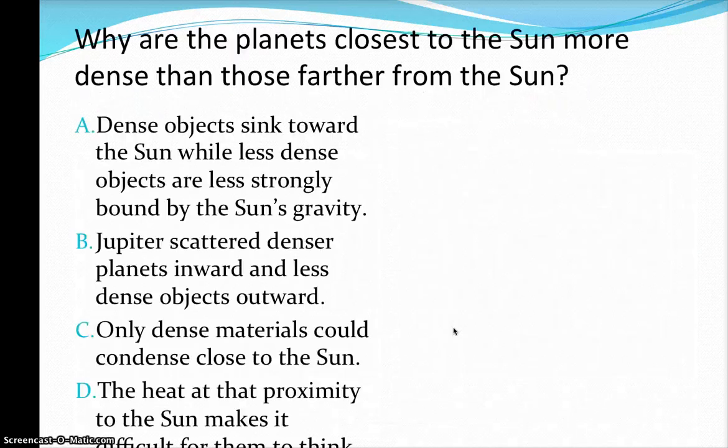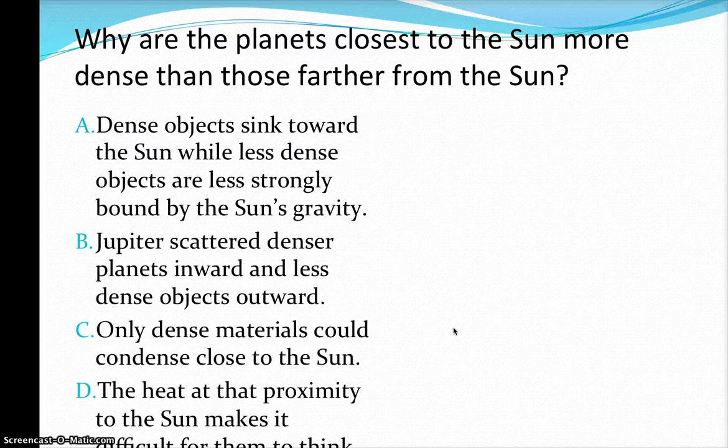So how did the planets form? Well, the first thing we might try to figure out is, why are the terrestrial planets so different from the Jovian planets, in that the denser material that they're made up of we found closer to the sun? Is it because of gravity? Did the dense objects sort of get pulled in toward the sun? Or did Jupiter scatter those planets inward? Or was it because only dense materials could condense close to the sun? Or was it something about the heat